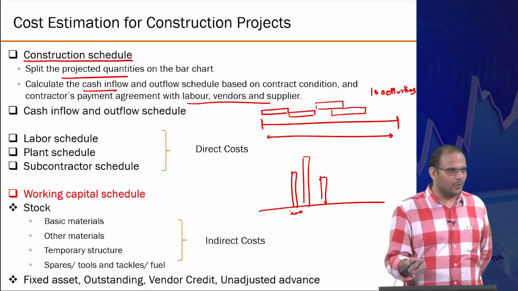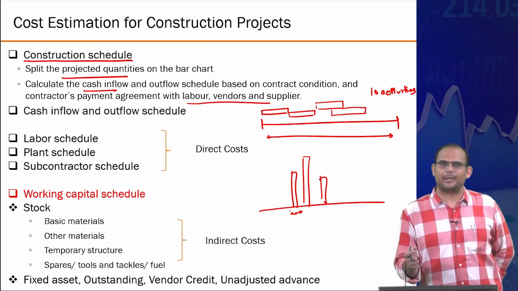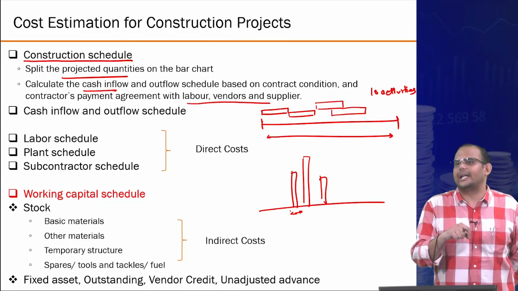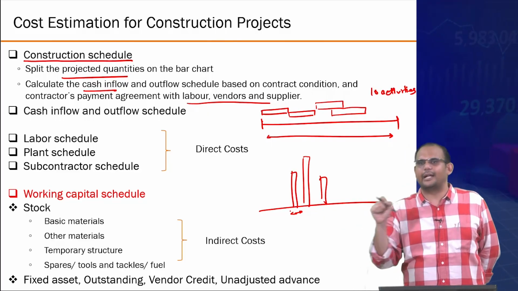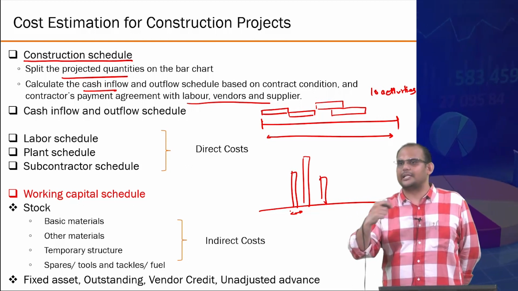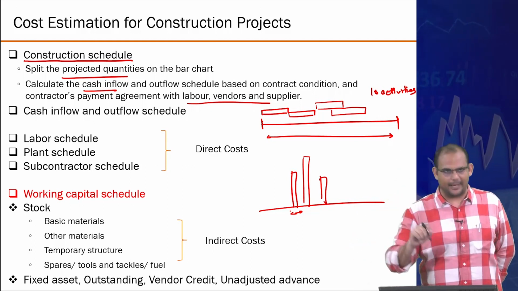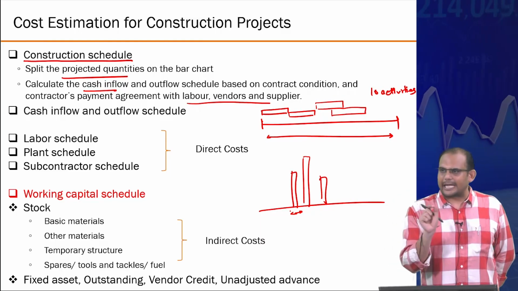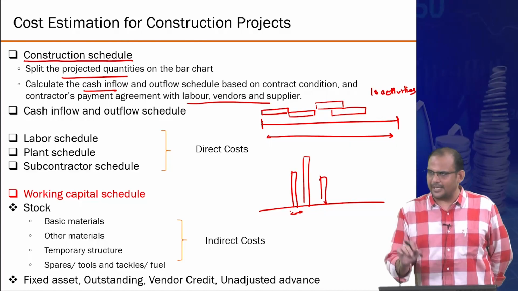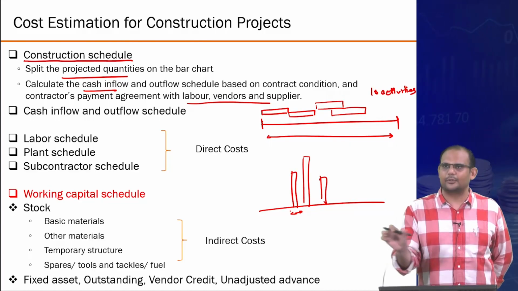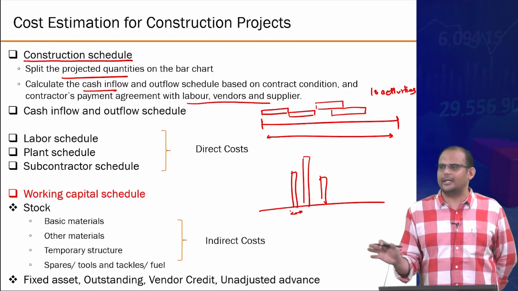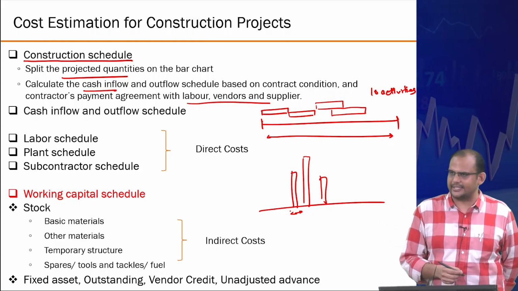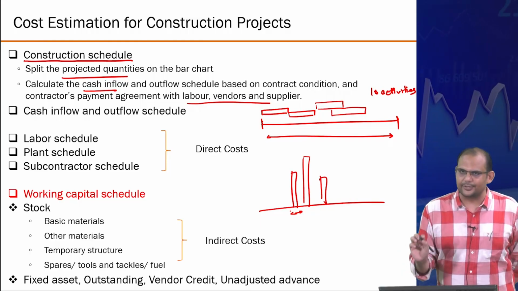The client also has its own ways. Some contracts specify that you will get money only after the project has been completed. Some specify that you will get paid every month, or every two weeks. There will be a process where you need to submit the bill and so on, right? So all those actions will affect the timing at which cash flows occur. But the fundamental remains the same. Ultimately it is primarily governed by the schedule or the bar diagram showing when what activity is happening. Okay, understood?